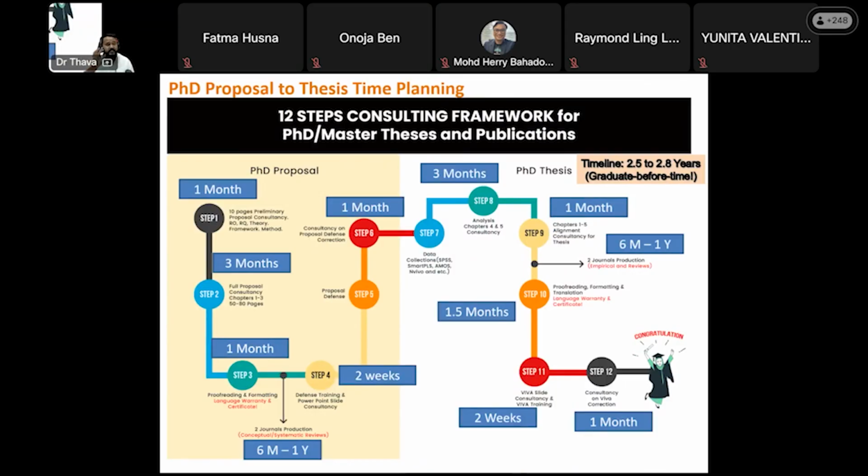master's PhD development framework. This is our consulting framework. This is how we normally coach and consult students. So start from step number 1. You need to build a 10 pages proposal with novel RORQ, with very, very new RORQ, new framework, new existing theory, but new framework or new solution. If you guys are from engineering, new solution, new lab stuff, and so on. Okay. So this 10 pages proposal is very, very important, so that before you write your chapters 1 to 3,